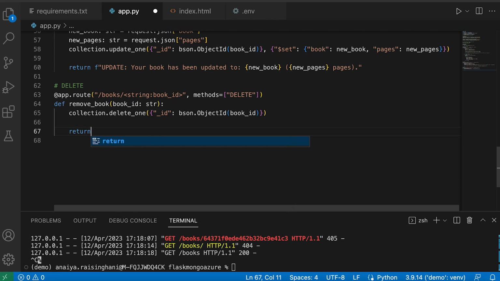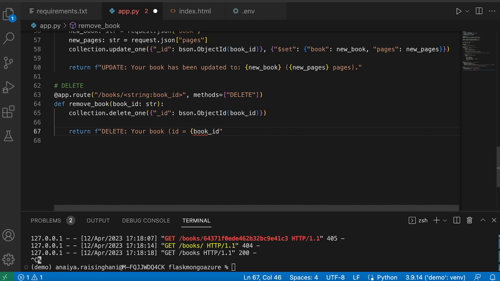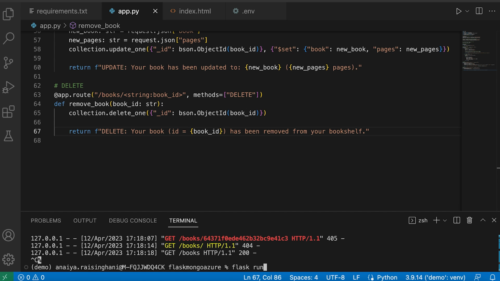And our return statement can just say, delete your book, which is ID is equal to book ID has been removed from your bookshelf. Awesome. So let's save that, run it again,